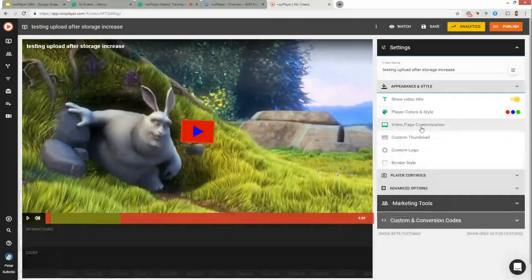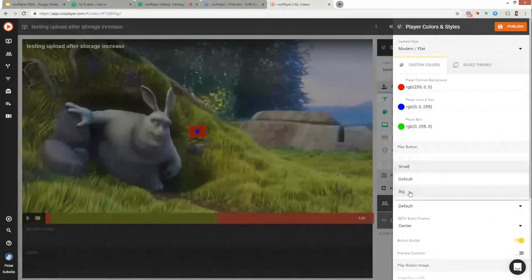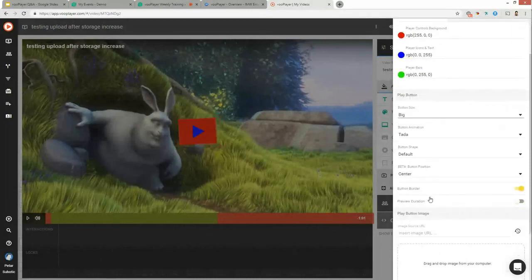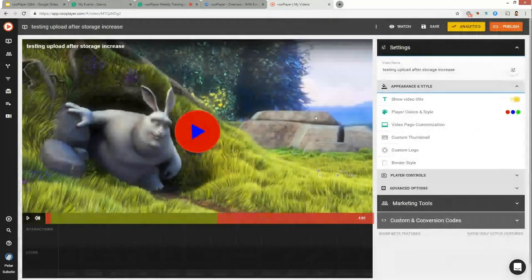Interesting choice of colors in this player, but we released a bunch of enhancements for the sizing of the button, positioning of the button, animations for it, the ability to manipulate the borders, have a preview of the duration of the button, the ability to upload your own image for the button, as well as manipulations of the shape of the button, which are available. So that's from last week. Just wanted to reiterate on those enhancements.